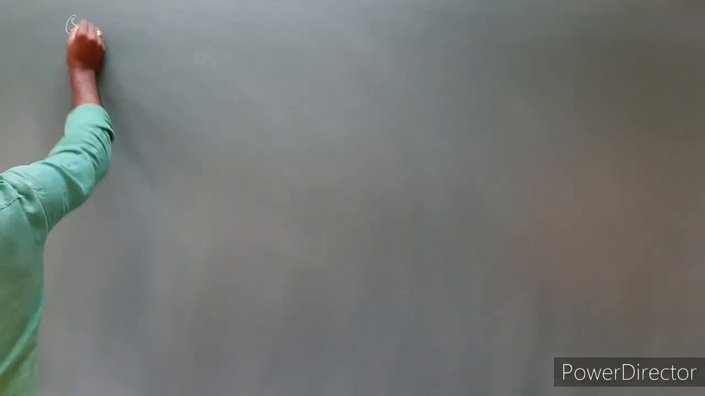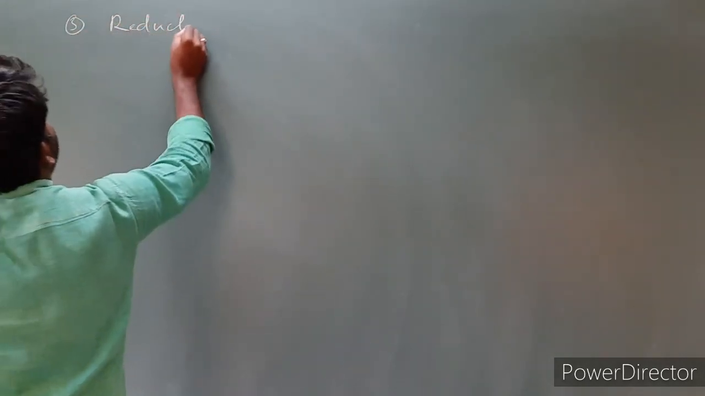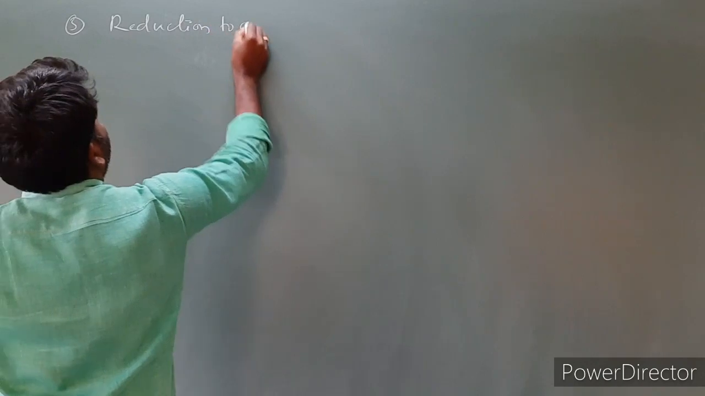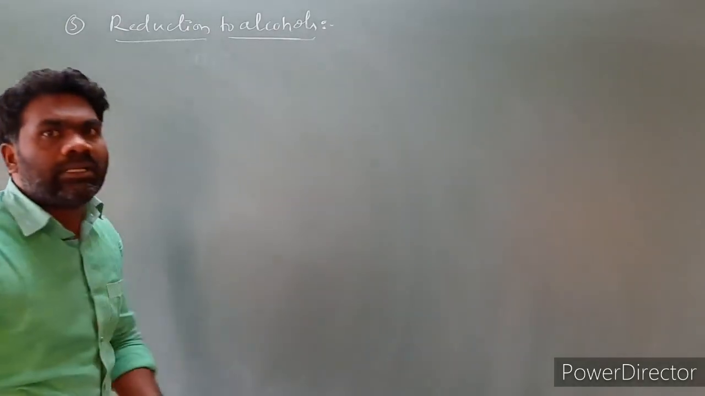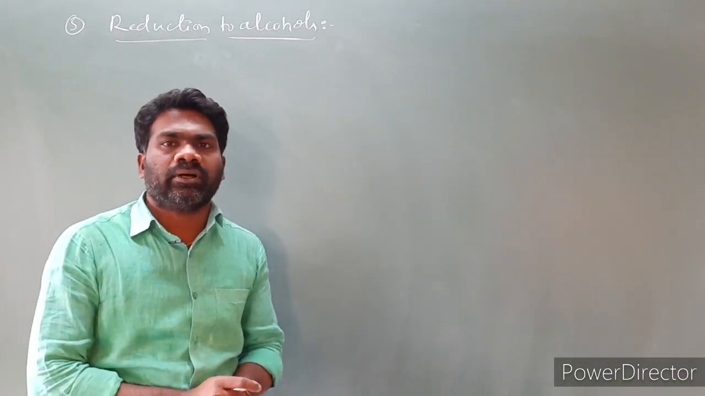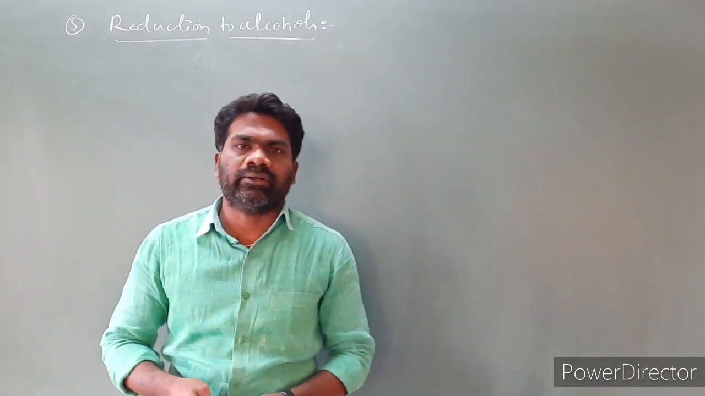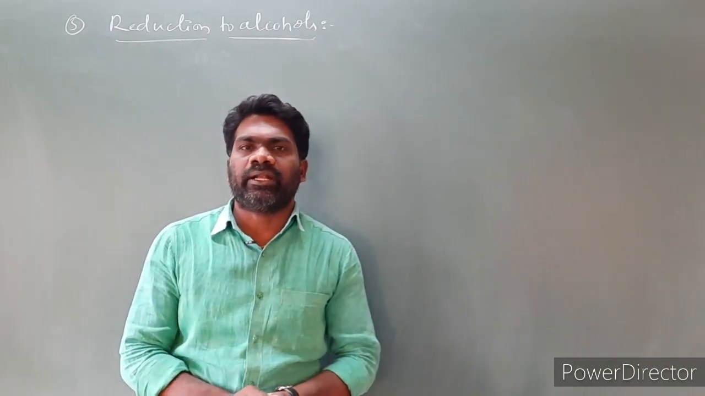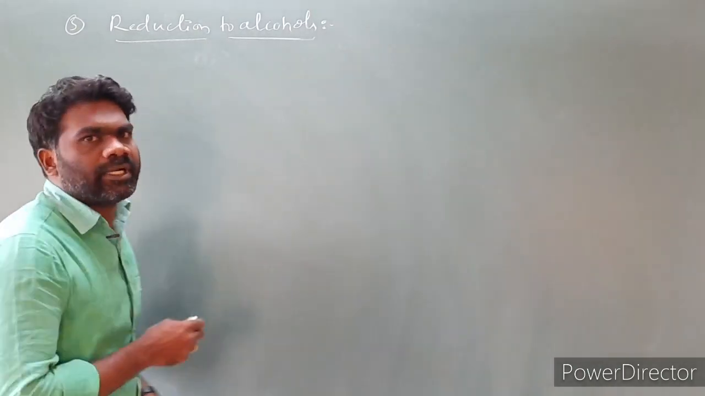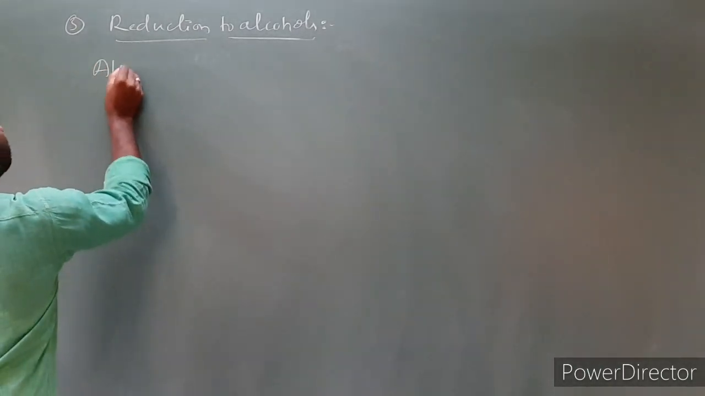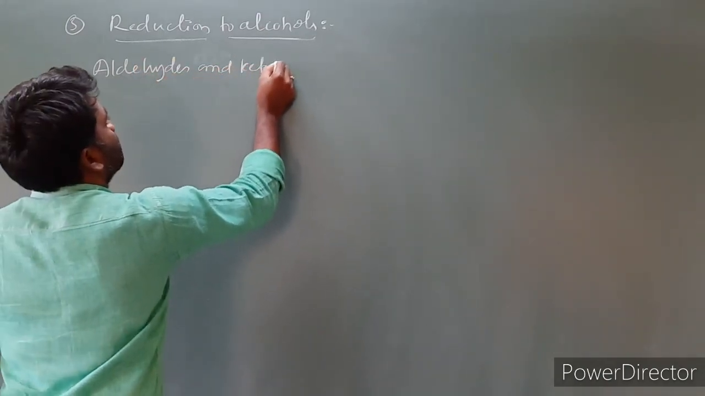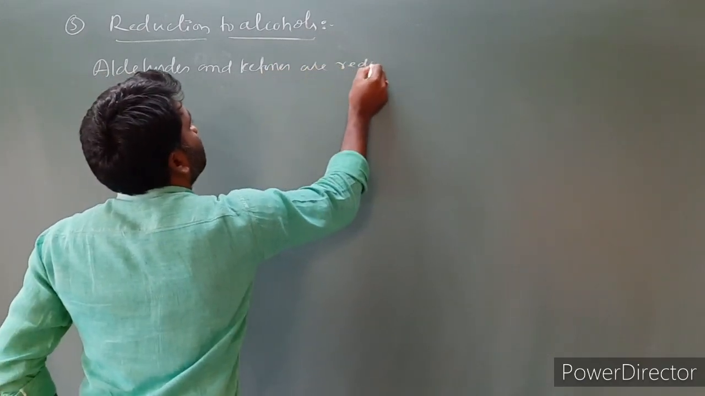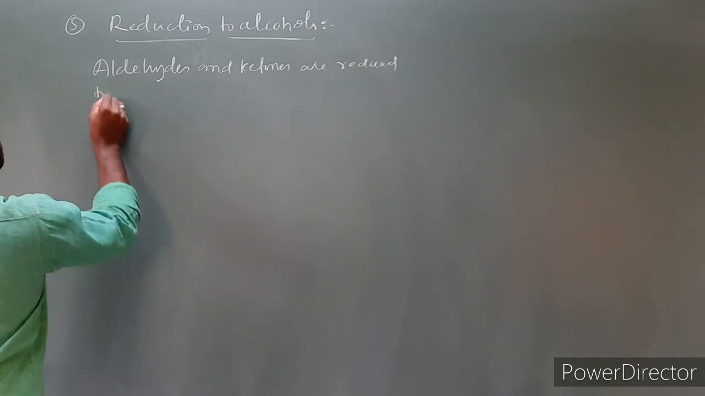Next reaction, the third one: reduction to alcohols. Aldehydes and ketones are reduced to alcohols with reducing agents like H2 by Ni, or sodium borohydride, or lithium aluminum hydride. First let us write the statement regarding it. Aldehydes and ketones are reduced to alcohols